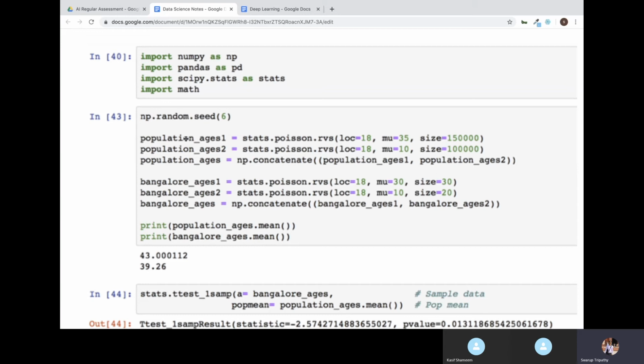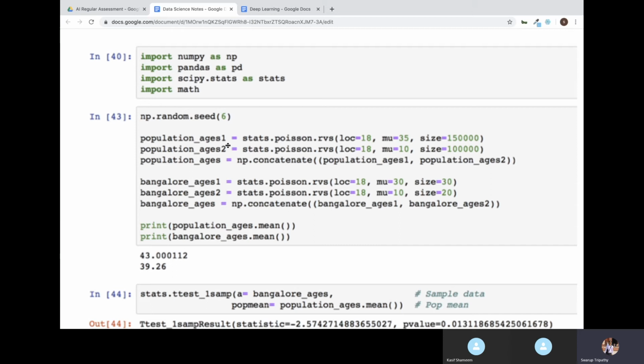First I'm creating population age 1, meaning I will create the ages of some elder people.